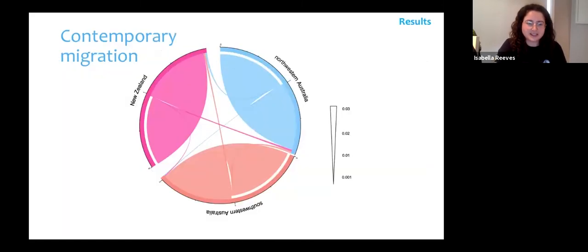Now, when looking at connectivity or the contemporary migration between these populations, what we can actually see is that these three populations have very, very minimal gene flow. And this is not unusual. It could just be they've been quite isolated, and it might just be ancestral remnants essentially that are coming up, or it could be that we haven't sampled all populations in the area. But again, it still does support this idea of these three populations.